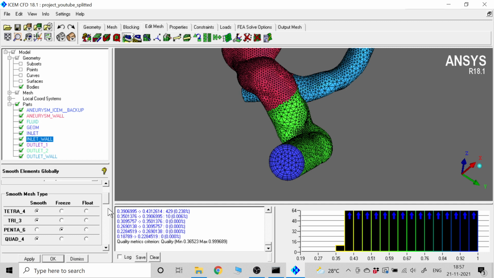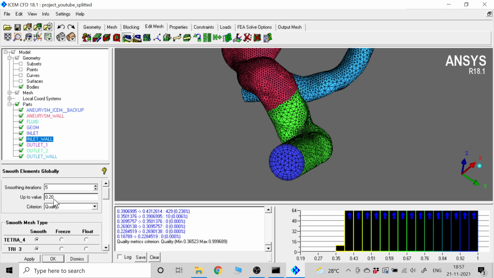We'll just try to change the inner tetrahedrals to see if we can improve the mesh quality, and we want it to increase to, let's say, 0.4 because we already have 0.36 as the minimum quality, and we'll increase the smoothing iterations to, let's say, 20